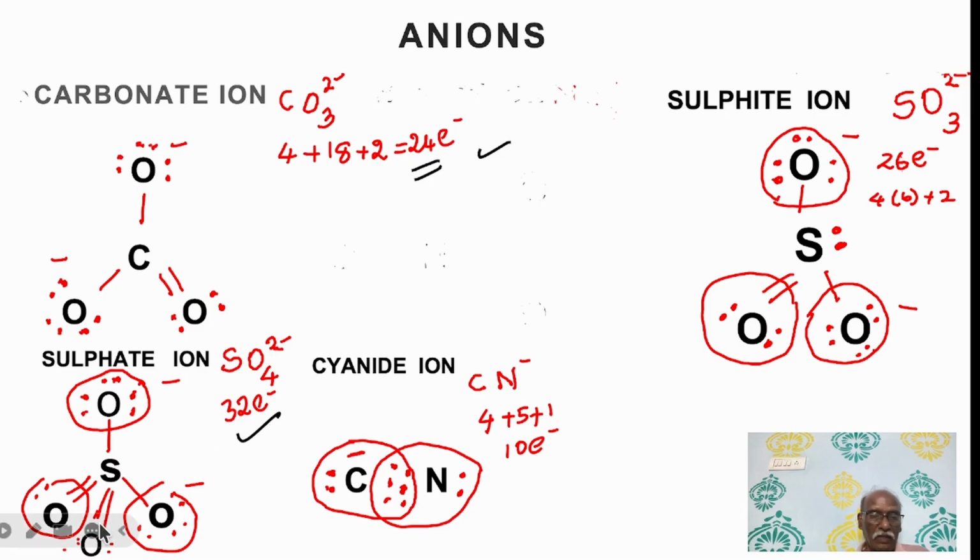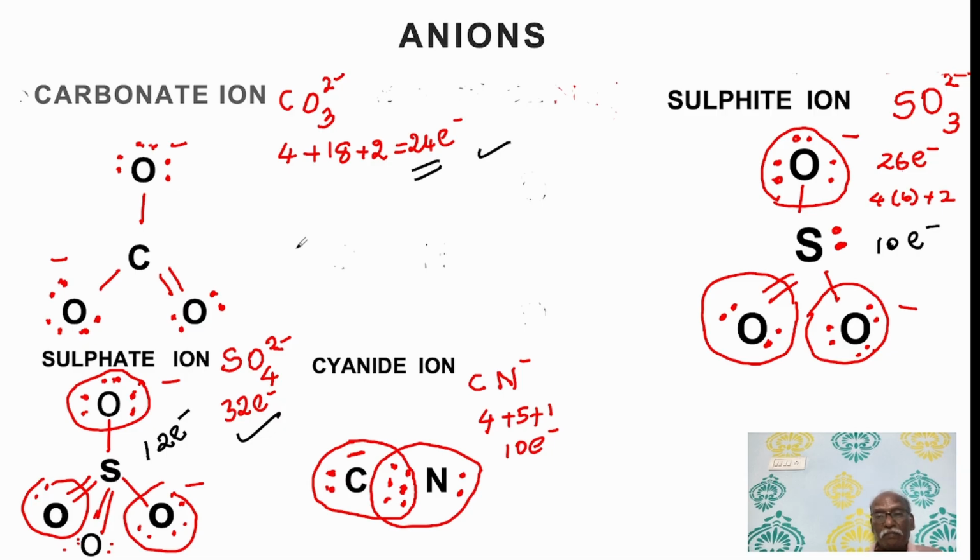So now all the oxygen atoms get 8 electrons each. There is no problem. But for sulfur, 2, 4, 5, 6 covalent bonds. 6 covalent bonds means there are 12 electrons in the valence shell of sulfur. Here also 1, 2, 3, 4, 8 plus 2, here 10 electrons. In all the previous cases, an atom acquires 8 electrons in the outermost shell, nothing more than